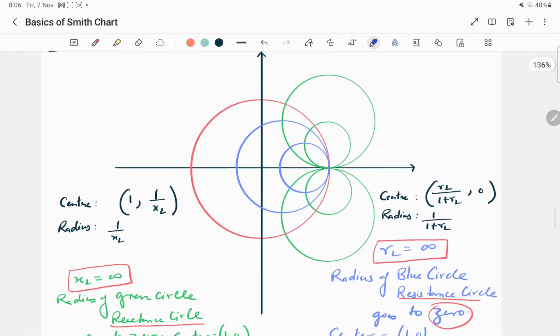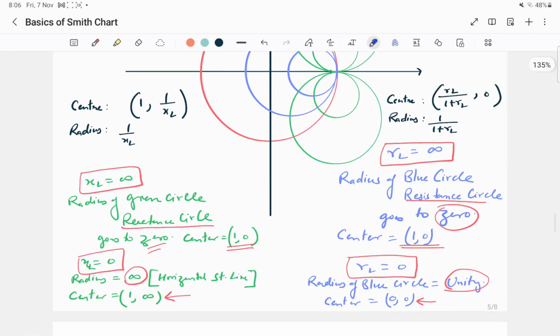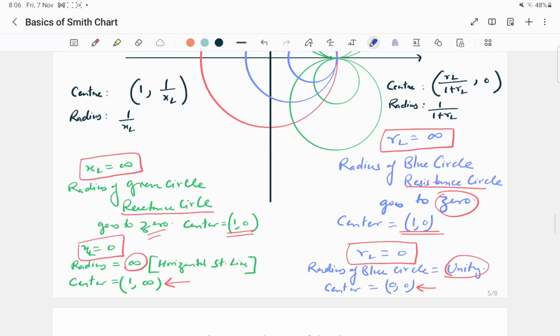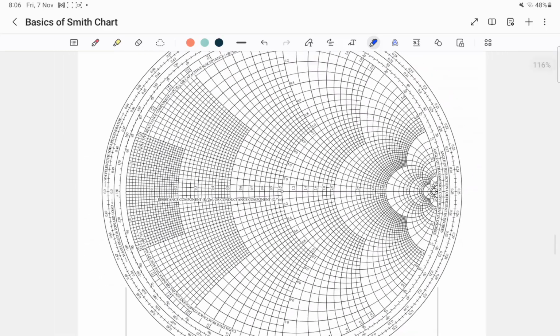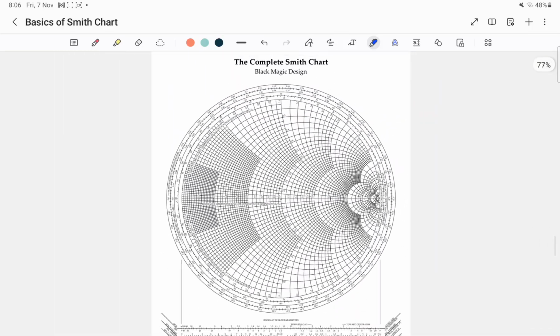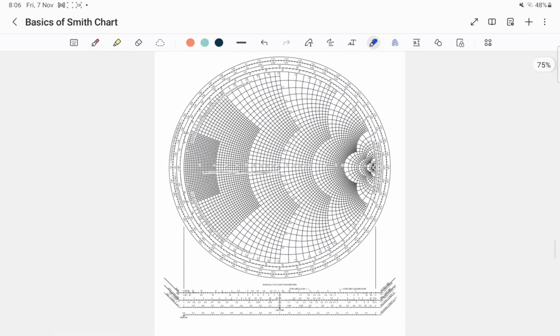Alright, so these are the few important points which you should remember. Alright, now I have just kept this Smith chart to just give you a look at how a Smith chart looks. Now this Smith chart has various scales